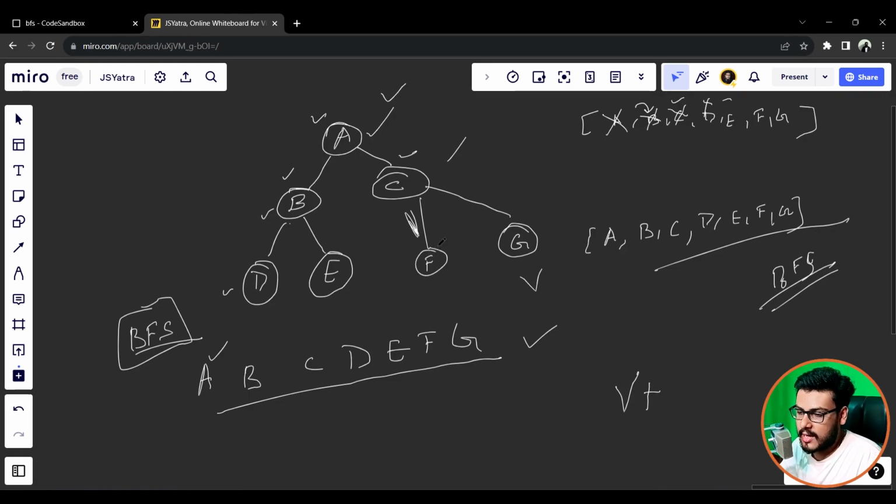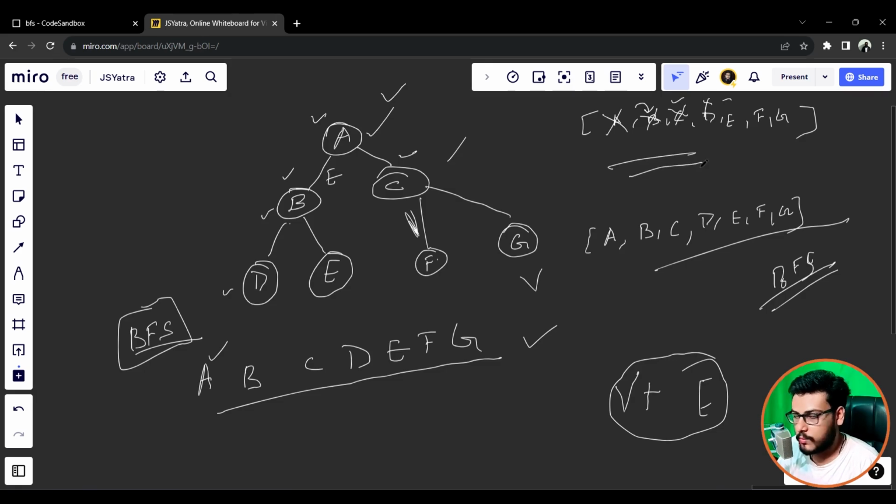So I am also traversing each vertex, plus I am also traversing each edge E. So V plus E should be the ideal time complexity for this particular algorithm that we are going to write. And the space complexity, since we are maintaining a queue data structure, so at any maximum amount of